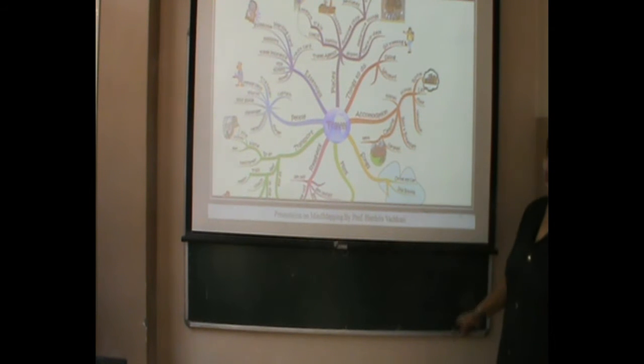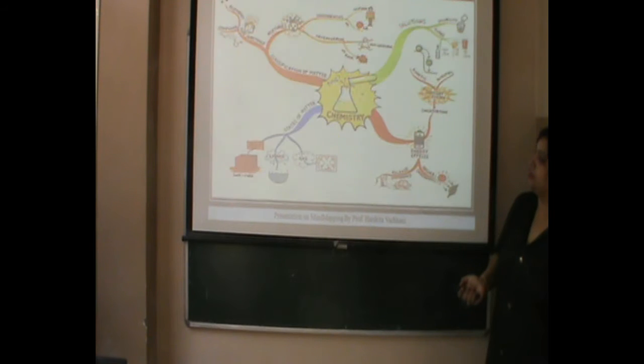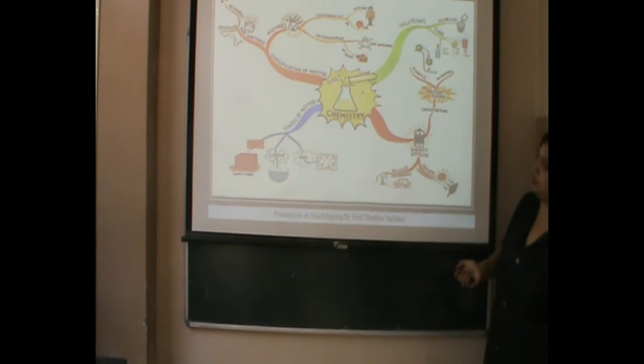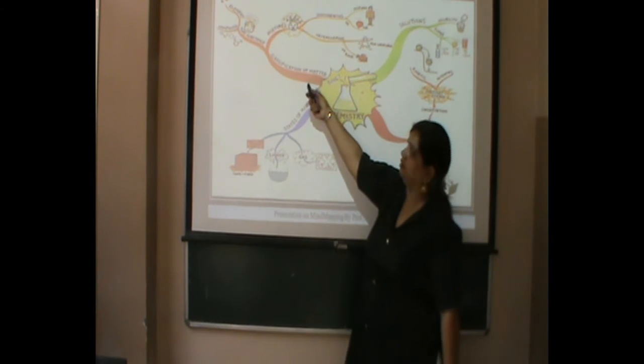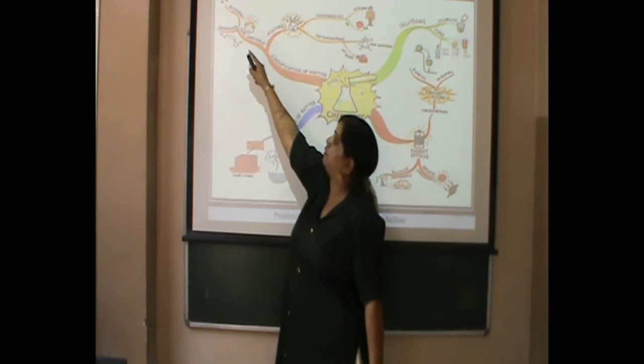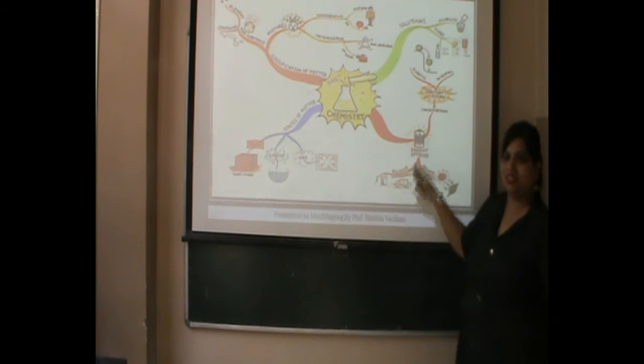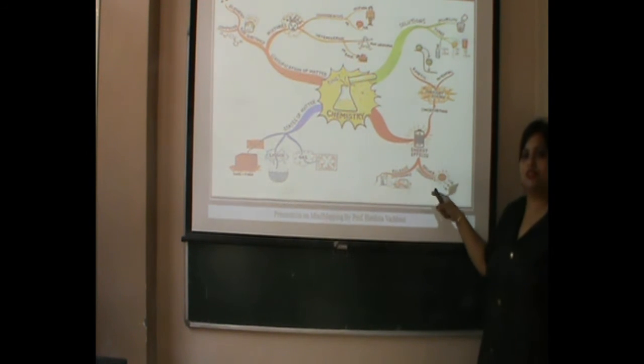Images again can be put into the mind map, and various images can be put so that we remember. Now, if I give an example from chemistry: what is the classification of matter? What is a pure substance? What are mixtures? Pure substances are nothing but the elements and the compounds. If I say mixtures, homogeneous, heterogeneous, we use pictures. In a similar way, you can make your students do it.